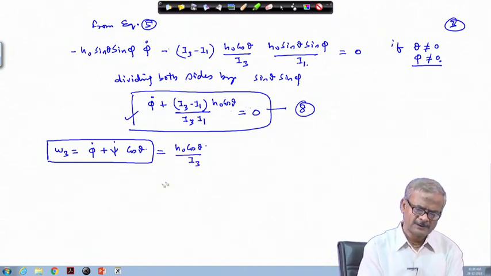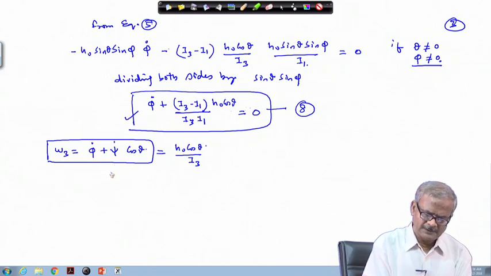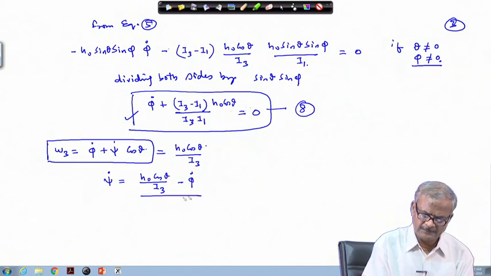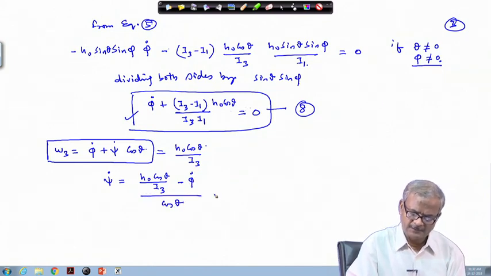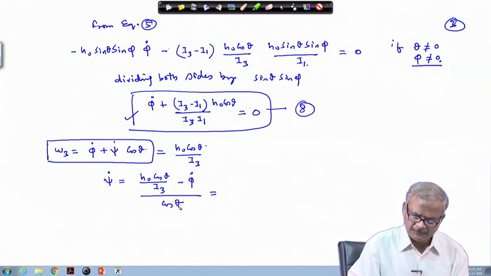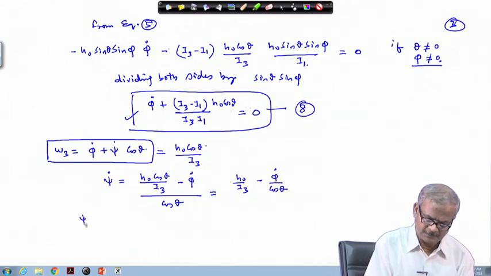We can utilize this equation here, and from this place psi dot will be equal to H 0 cos theta divided by I 3 minus phi dot divided by cos theta. Remember that theta is a constant here. Okay, so this gets reduced to H 0 by I 3 minus phi dot by cos theta. So, your psi dot equal to